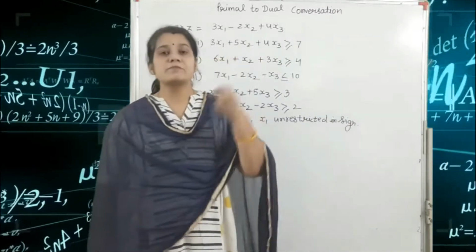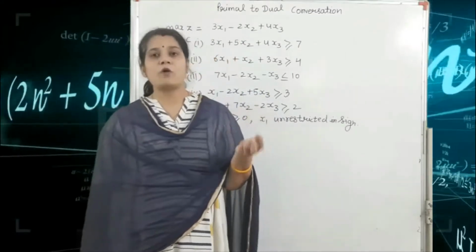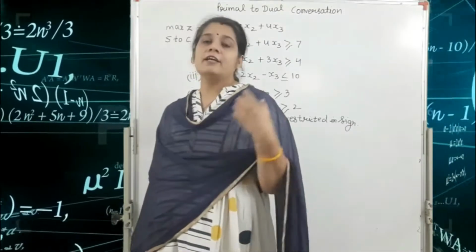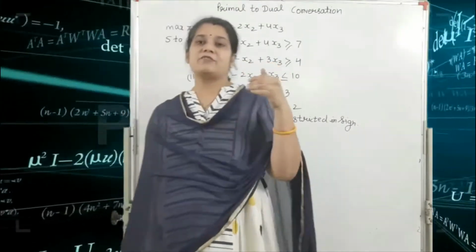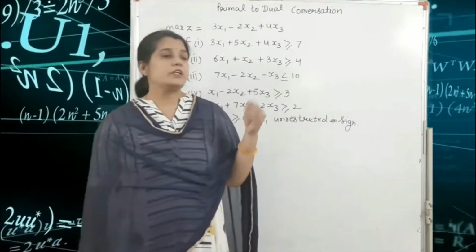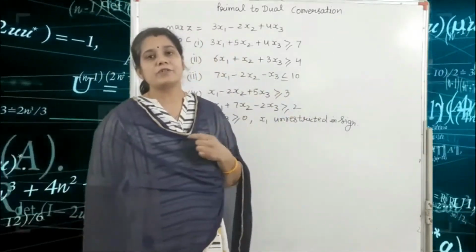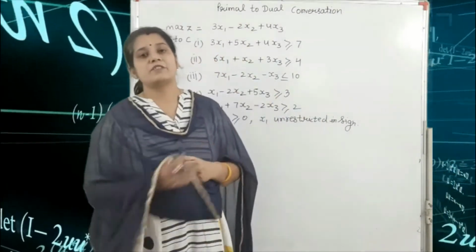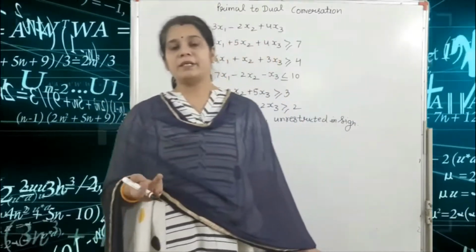Sometimes there are a third or fourth subject to constraint equation. No doubt if we use the simplex method, our equations are very large: the first constraint equation, second, third, fourth. With the help of this fourth equation, we find table 1 and table 2. So this is very tedious. So with the help of dual and primal, we convert a minimization problem into the maximization form and maximization into minimization form. For converting primal to dual or dual to primal, what are the conditions?